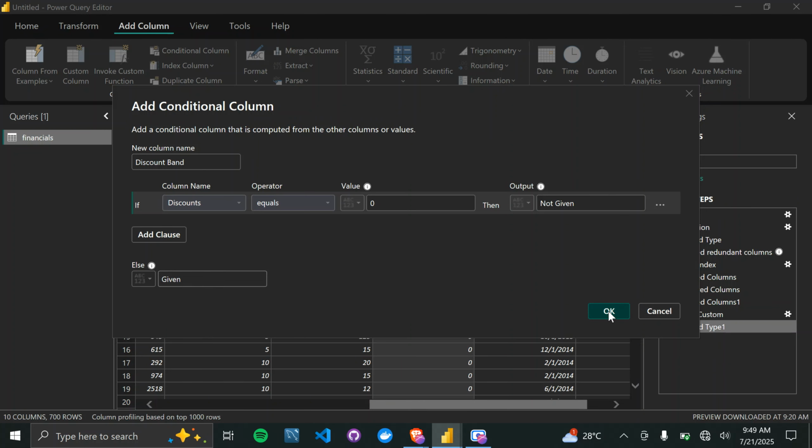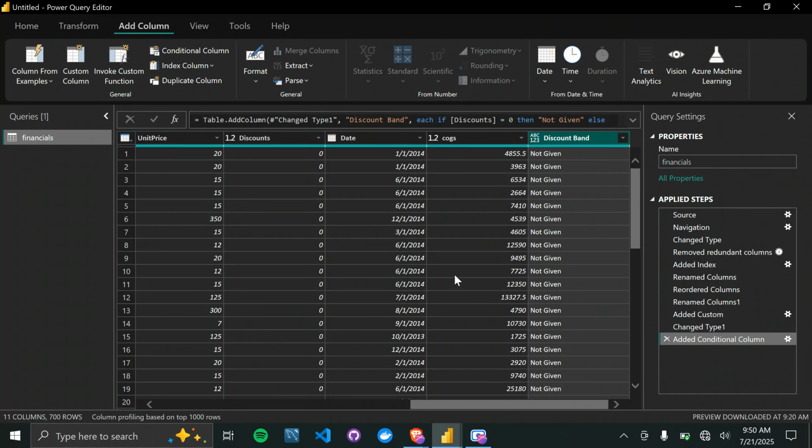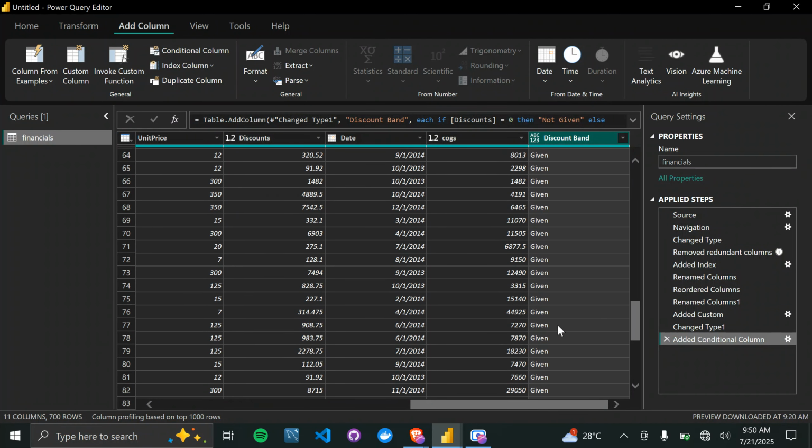So if I run this, we're going to get the discount band here. For every zero like this, all of these zeros, they are not given. And for the ones where discounts are actually given, those are going to be called given, right? And like I said earlier, if we have multiple conditions, we click on add clause, and that is going to give us an opportunity to do something like else if,